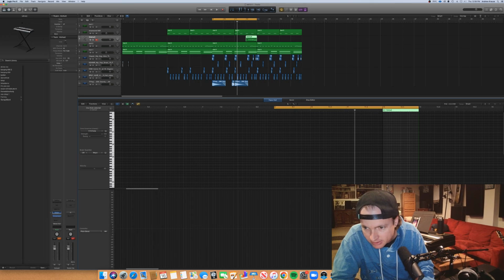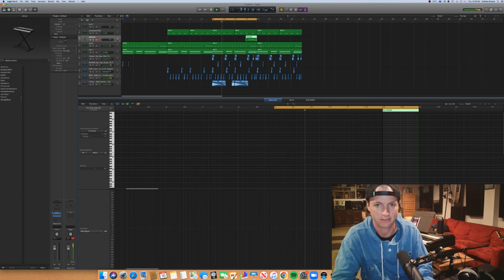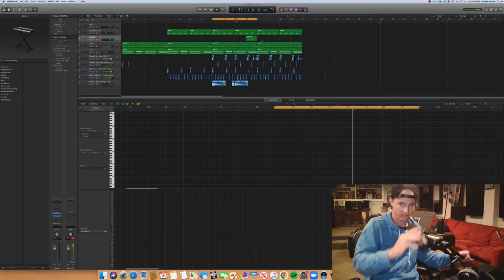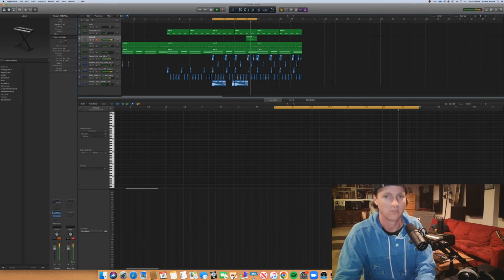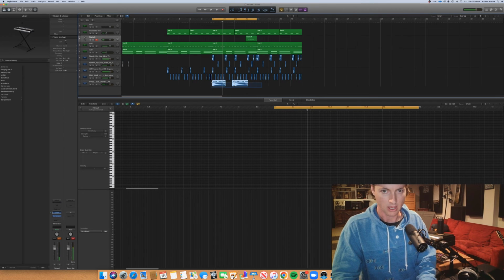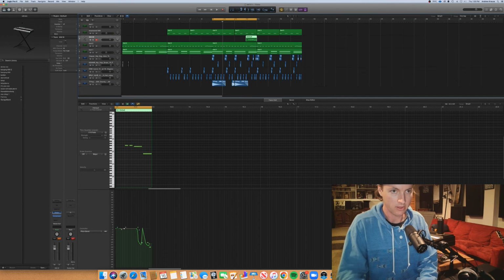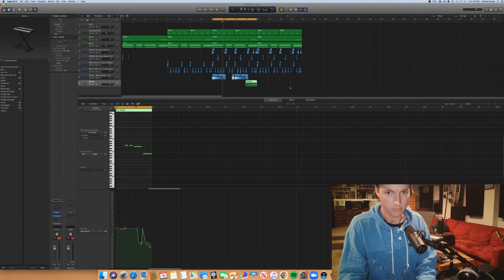Pitch bend. I could take this and like bring it down, and we'll want to make sure that it's at 0 before. Cool. So that is now our 808 fill, and we'll use that